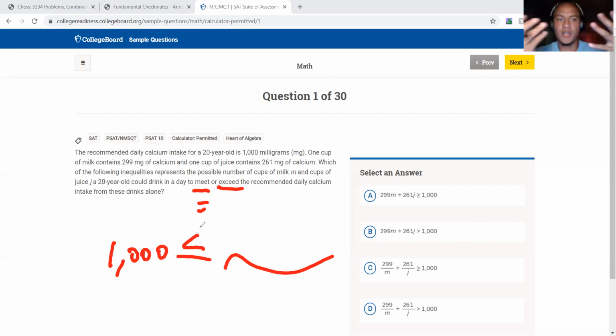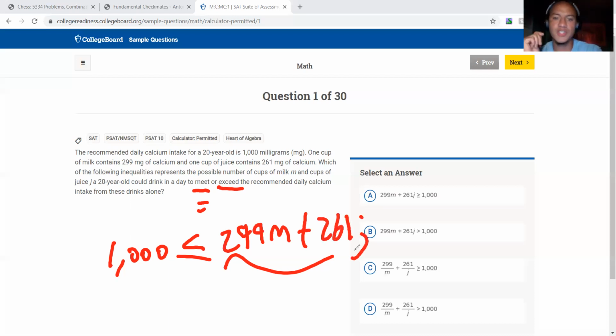Okay, so I know that I can drink cups of milk or cups of juice. Each cup of milk contains 299 milligrams of calcium, so I can write 299 times cups of milk. For example, if I have 3 cups of milk, I multiply 299 times 3 because M equals 3, and I would get 897. And I figured that out because 300 times 3 is 900, and just subtract 1 times 3 equals 3. 900 minus 3 is 897, but that's not part of the problem because now we have to add the cups of juice. Same reasoning, you would just get that,